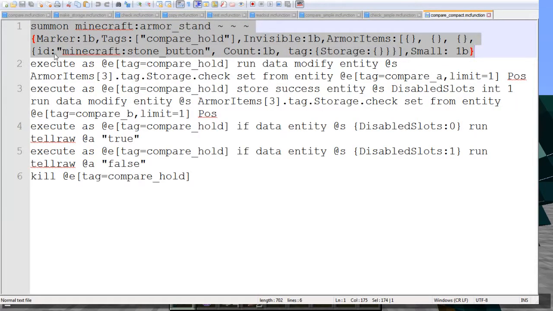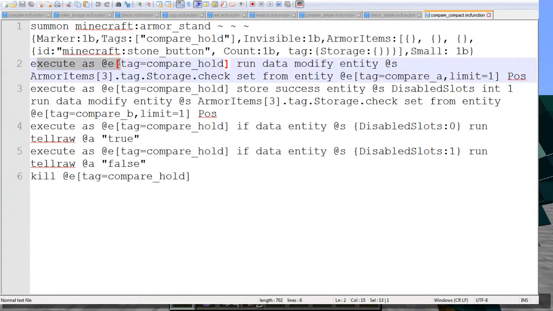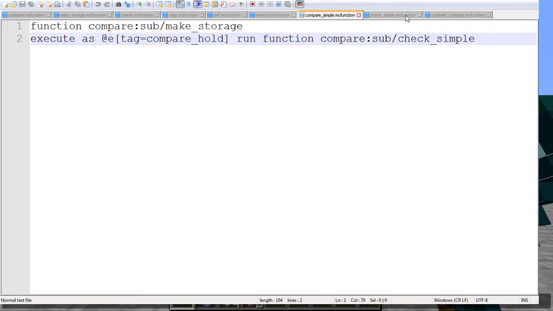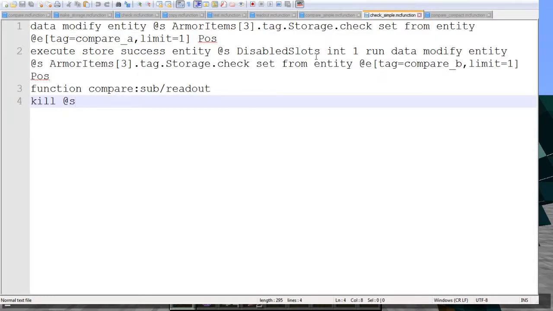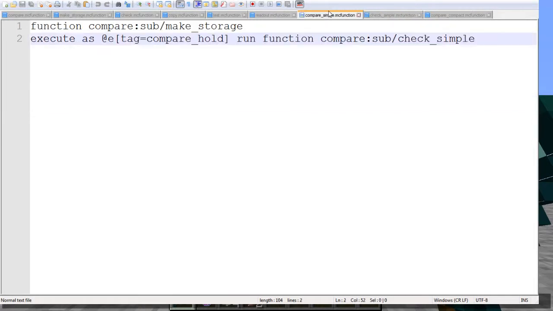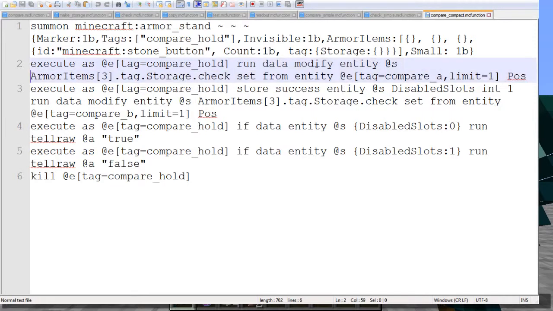Then what we're doing is we are executing as at E, and we are doing this right here every time we need to run something on this. Now this is where modularization is nice, because what I can do in the simple here is I'm executing as that entity, then running a function. Now everything within this function here is being run under that condition as at E. But if I'm doing everything in one function, I have to continuously reiterate that I am executing as that armor stand. And I have to do that every time I run that. Essentially,